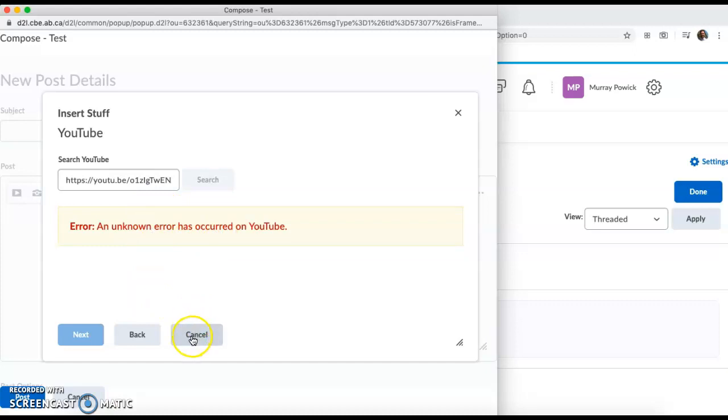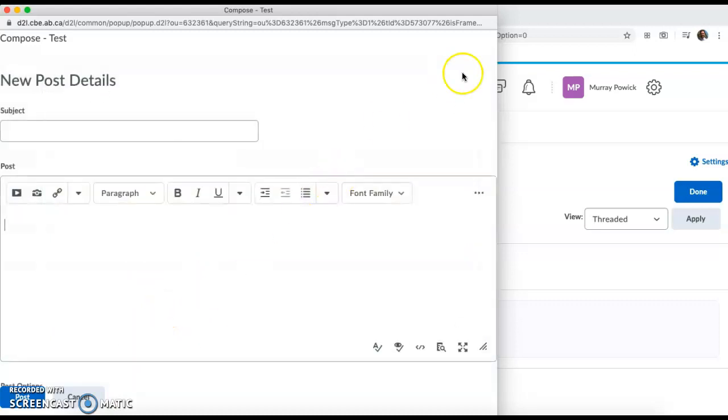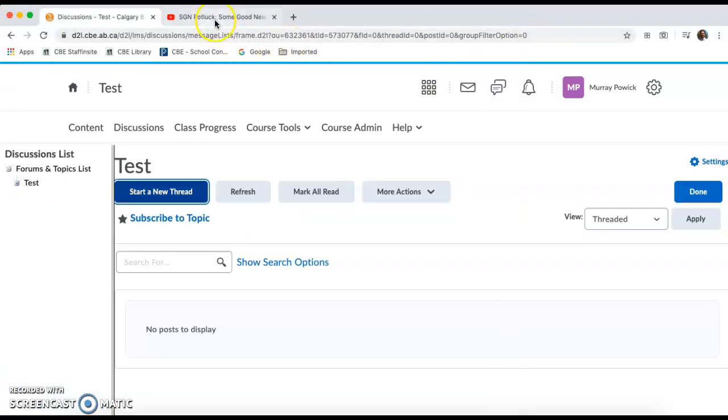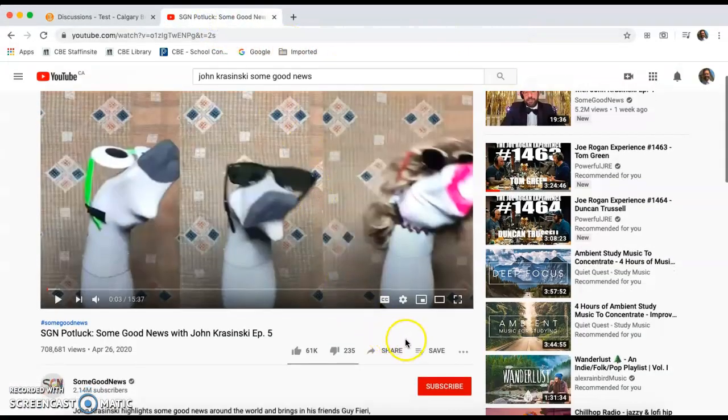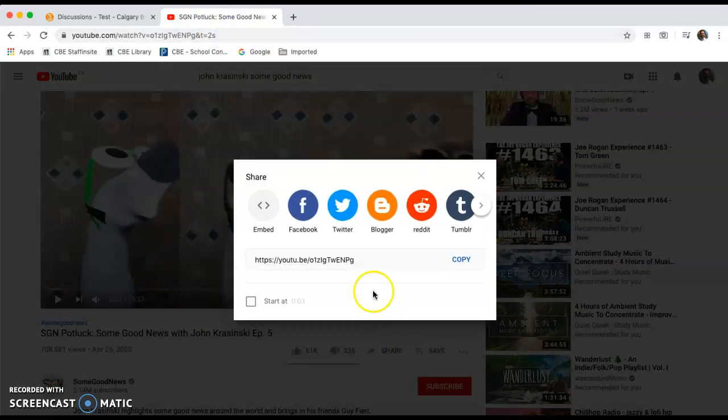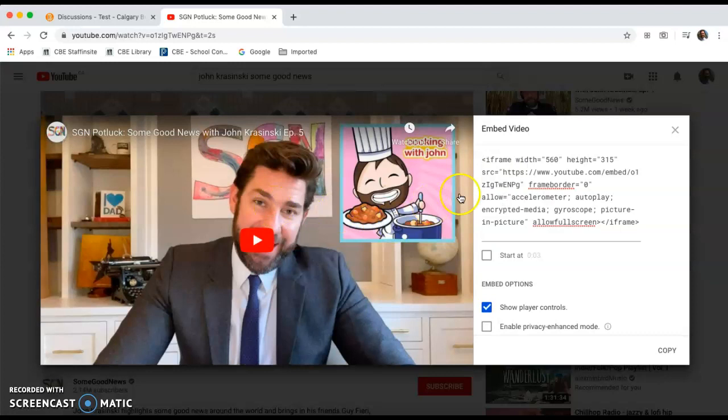Another way around this is to close off, go back to the YouTube video that you were hoping to embed, click the share button, and instead of a link directly to the video, we're going to click this embed code, and you'll see the embed code show up. Some options for embedding is where the video starts. So if you have a longer video and you only want your students to watch the first few minutes of the video, you can actually select a starting point for the video. If you just copy this embed code,